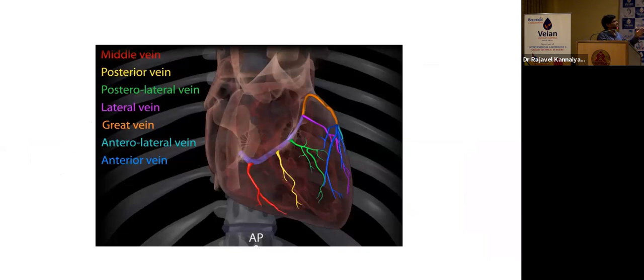So this is a schematic diagram showing the middle cardiac vein, the red color. The yellow one is a posterior cardiac vein and the green one is a posterolateral vein. The green one is our target. So in 95% of the population, we are going to implant there only. In certain situations, we may be going through the middle cardiac vein, red color. It will have a communication to this lateral system, lateral veins. So we can access that part. Next slide.